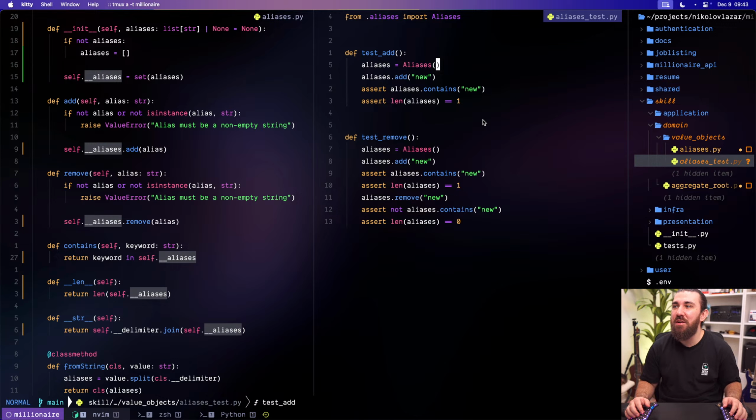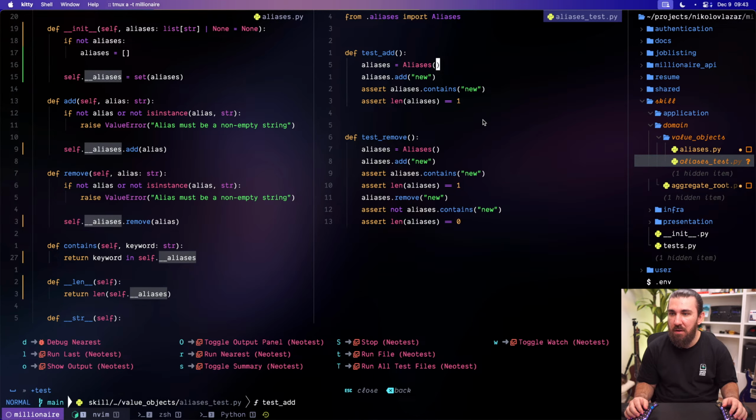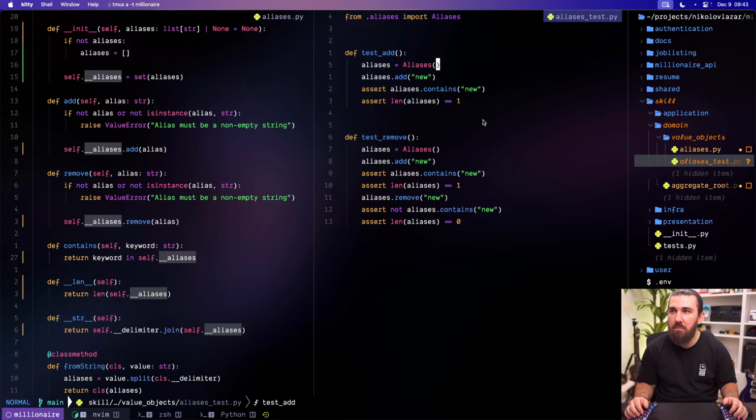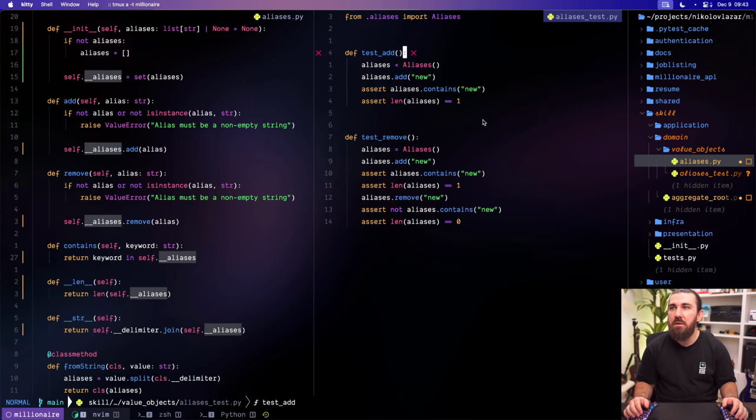Let's see if my new Vim does have something for testing. I think it does. I can say run nearest. Okay, and yeah, attempted a relative import with no known parent package. Is this going to be then correct if from skill domain value objects aliases